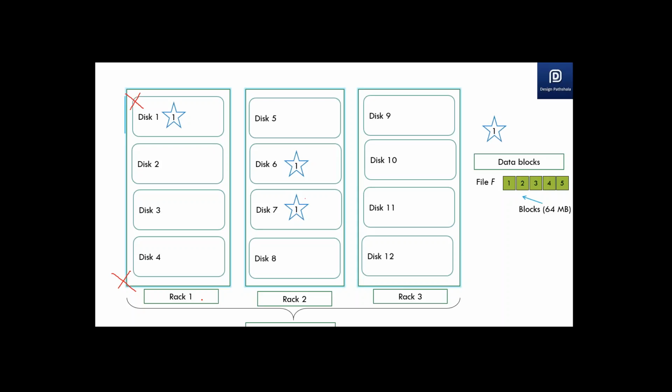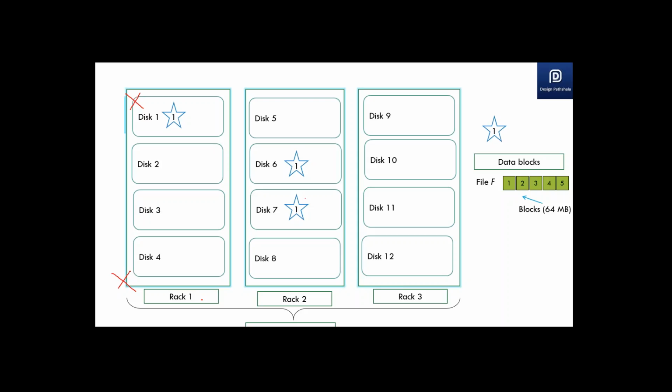Definitely 2 racks can go down, but the probability of them going down at the same time is pretty less. So we try to divide the same block across different nodes so that if some hardware goes down, the data can be read from somewhere else.